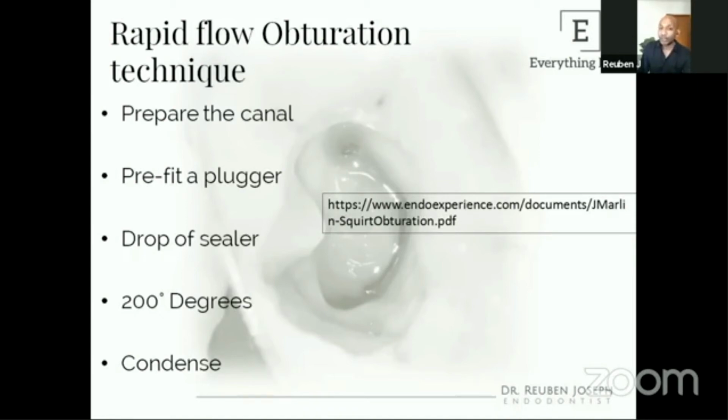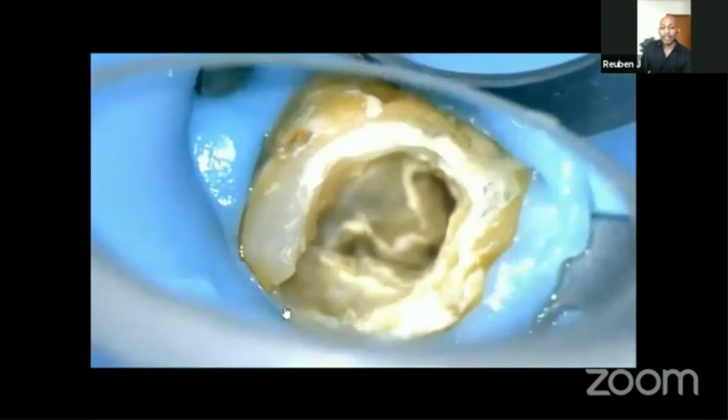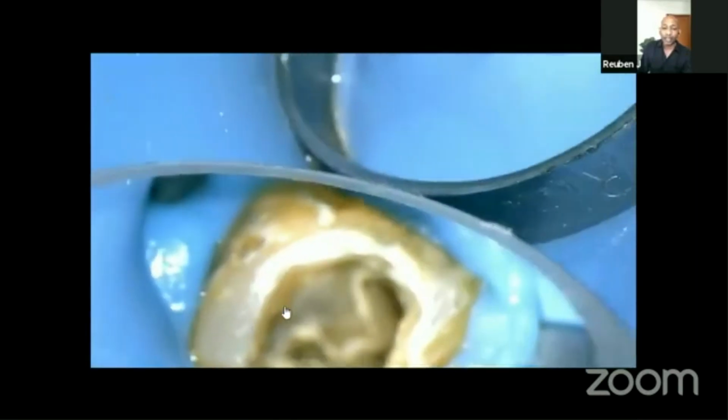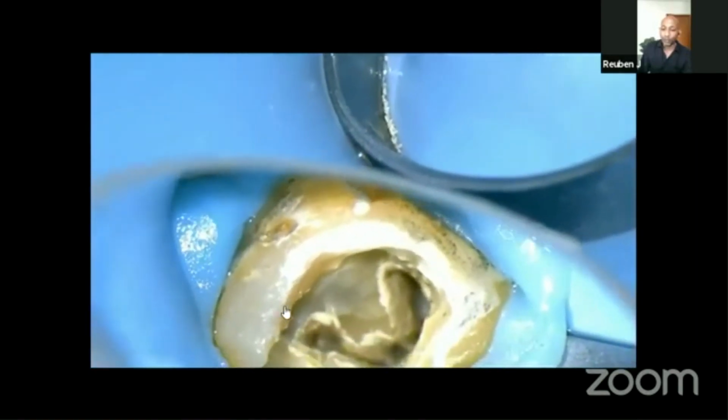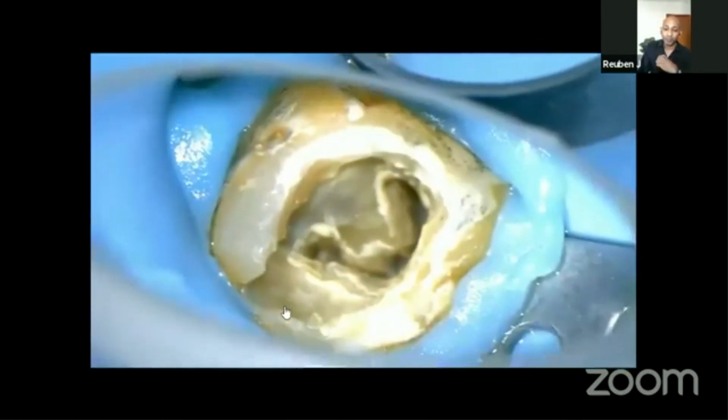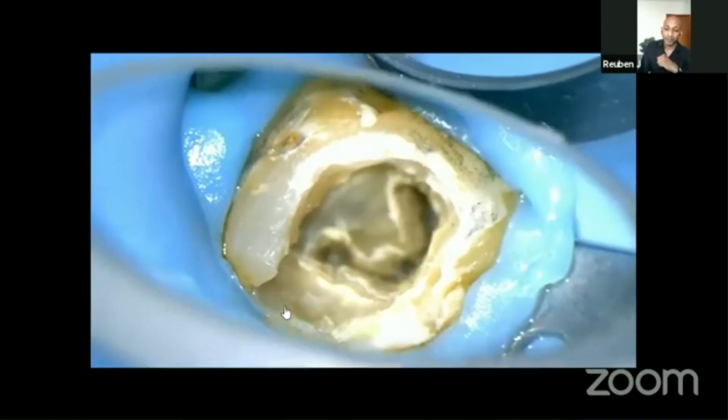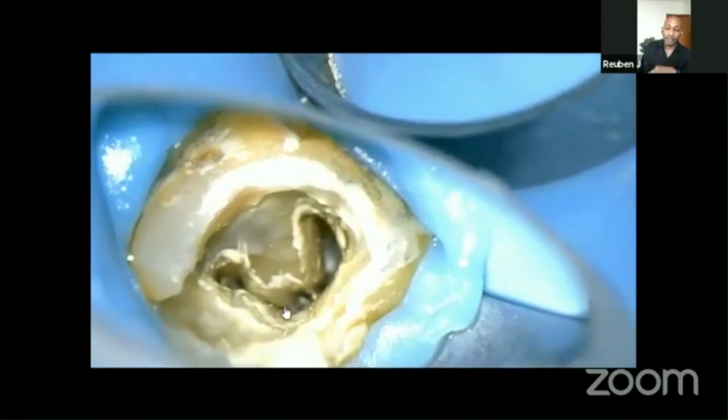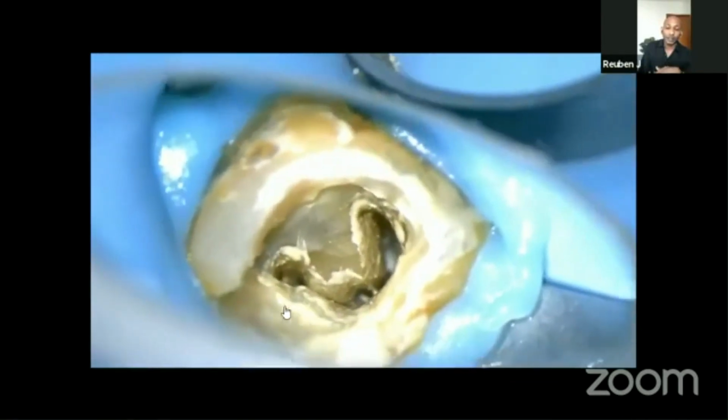We don't want to add too much sealer because this technique generally splurges the obturation material all over into extra anatomy as well. So we just want just the right amount of sealer. And then you use a gun used for thermoplastic obturation, put it at the highest temperature setting, 200, and then you carefully condense. So this is a video on how I would do it. I have a tooth here with the sealer coated well. Not too much sealer, just about enough. It's carefully painted on the tooth.